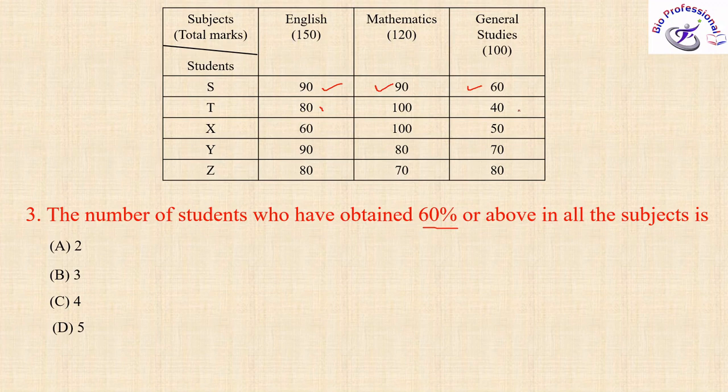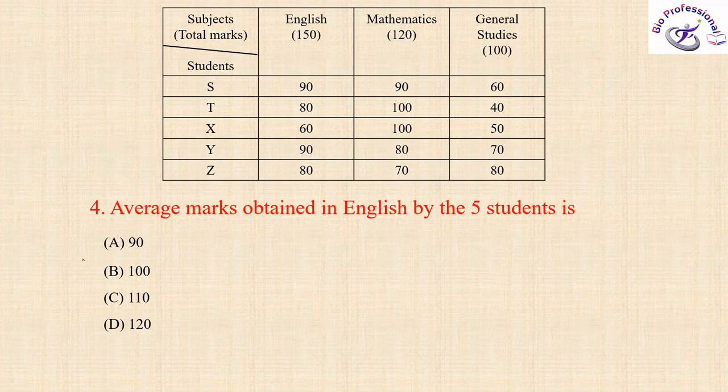This is 40, but this is 40%, so it will not be counted. Here 60, 100, 50 will not be counted. Here 90, 80, 70 will be counted, and 80, 70 and 80. So the number of students who got 60% or above is 3. So option B is the correct one. Next,